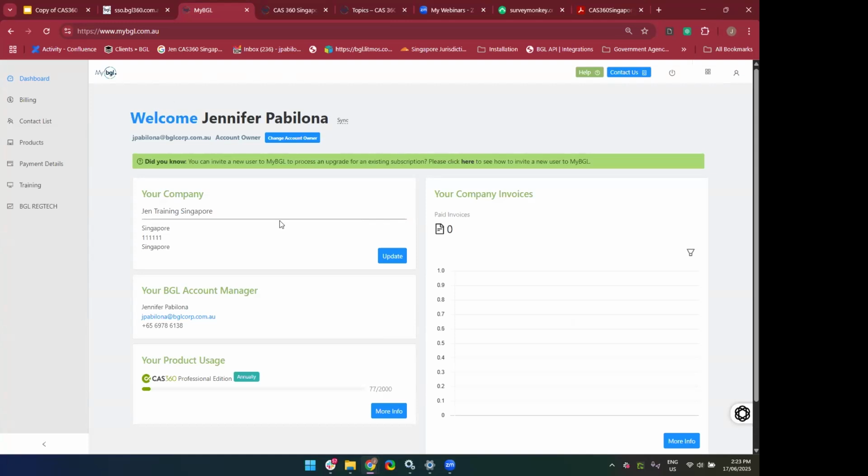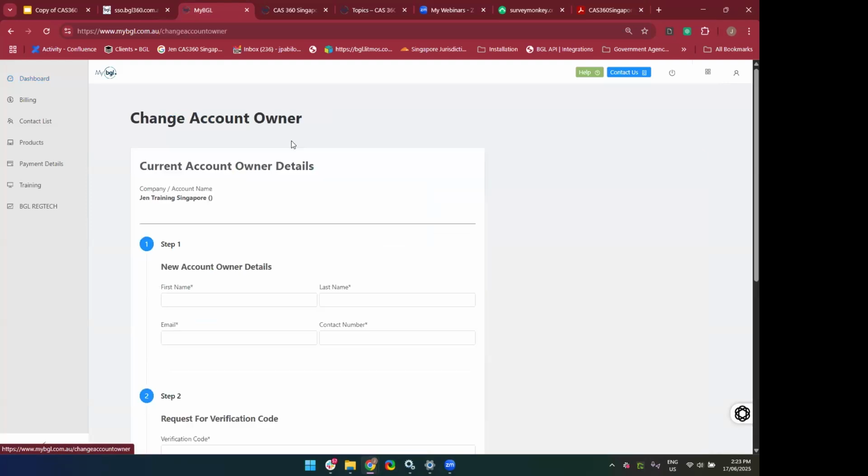In your My BGL, you will see your name and your username. If you are the main administrator or an account owner, you will see that labelled as account owner. This is a very important page, especially if your company is going through some administrative or internal changes. Let's say the main administrator has left the company or you want to hand it over to another person, you can change the administrator by clicking on Change Account Owner